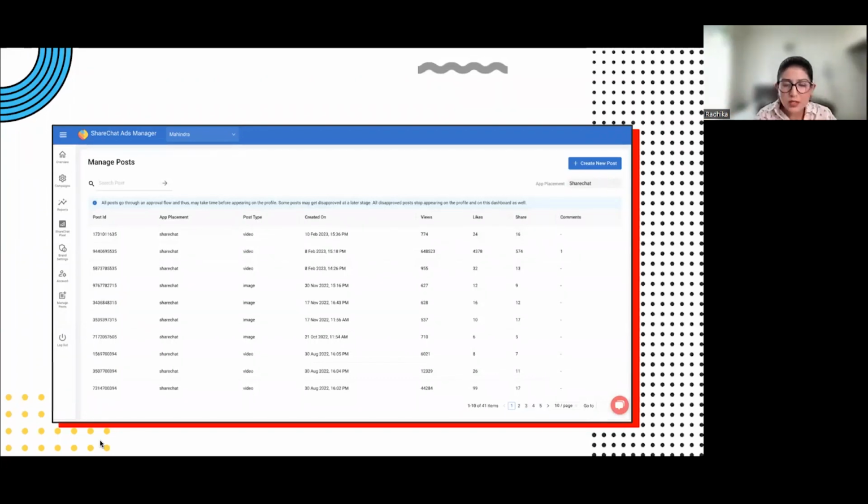So yeah, without digressing anymore, we also have columns around, of course, the engagement metrics, which is the most important data around what's happening with the posts on ShareChat and Moj. So we have views, likes, shares, and comments. Of course, you will observe that during campaign setup and during post setup, there are options to disable sharing, disable commenting, and disable some other engagement features as well. So if those settings have been checked, then you will observe the consequences in terms of engagement via this table as well. So that's just a little bit of a cautionary note.